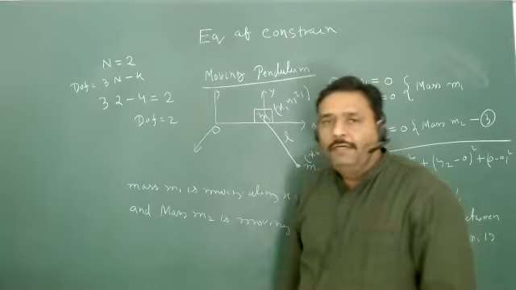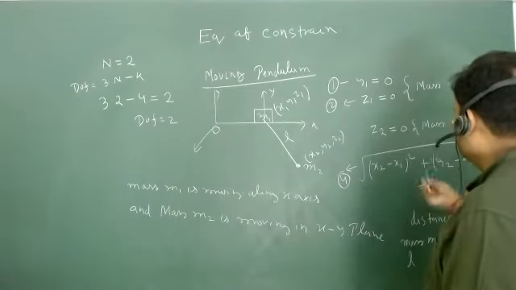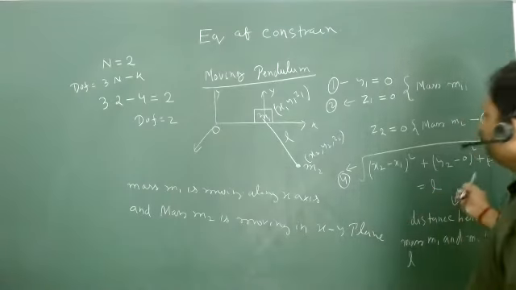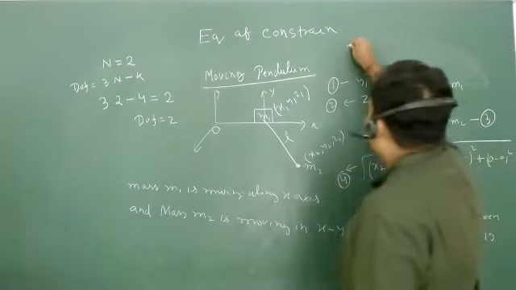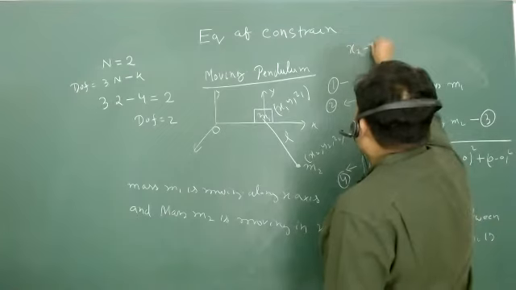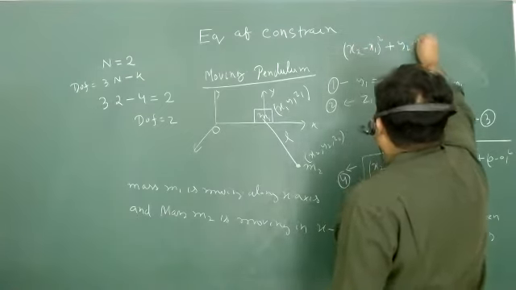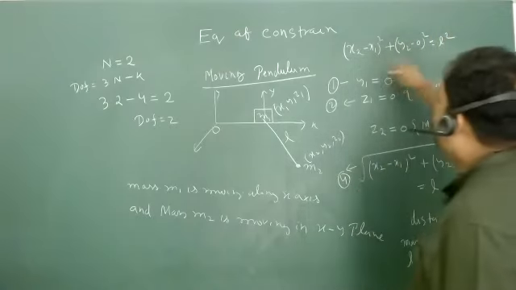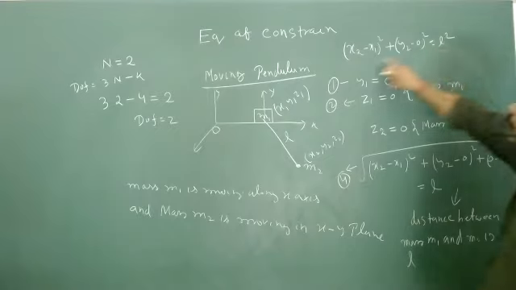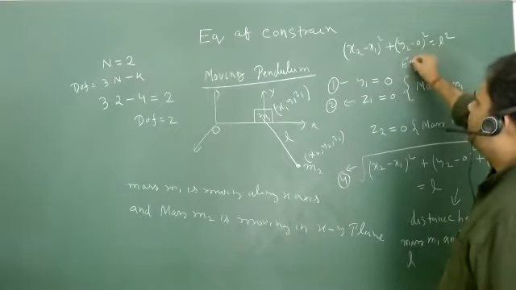It is very difficult to visualize that motion directly in Cartesian coordinates. But if we see this particular locus, it is nothing but (x2 minus x1) whole square plus (y2 minus 0) whole square is equal to L square. What is this equation? Obviously, this is the equation of a circle